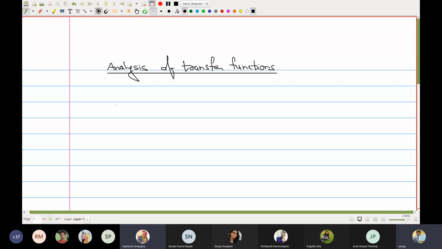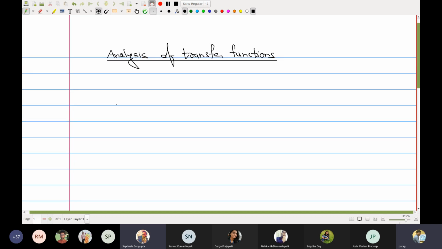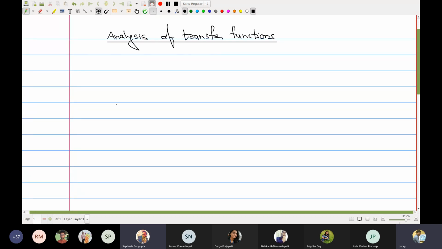So we will start with a question today. Before we look into today's question, let's look into the different transfer functions that we analyzed till now and what was the general response of such transfer functions, or the systems described by such transfer functions, to a unit step response, right? So our first transfer function was G of s.